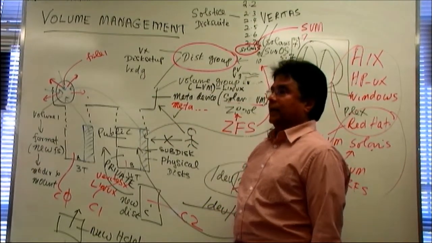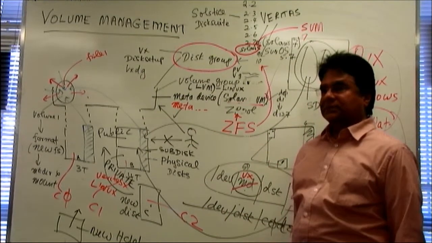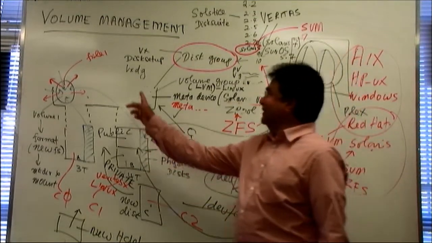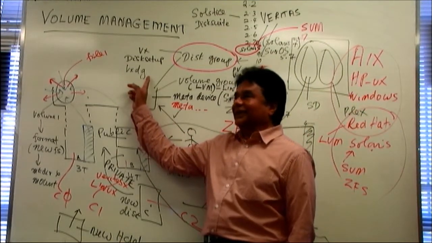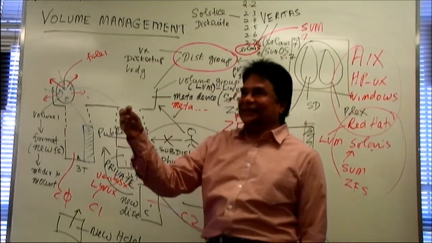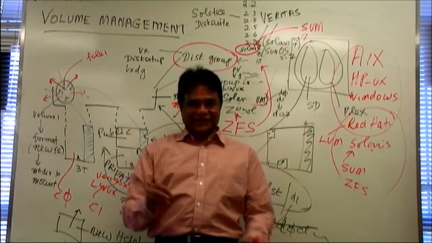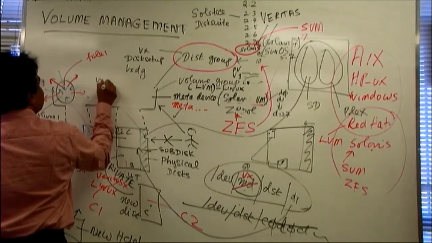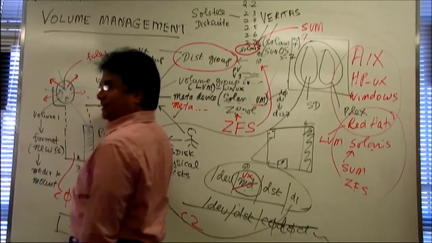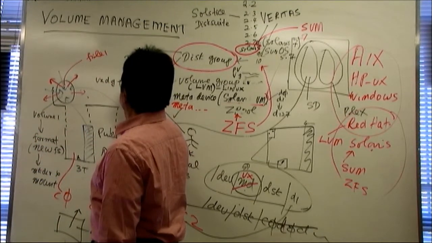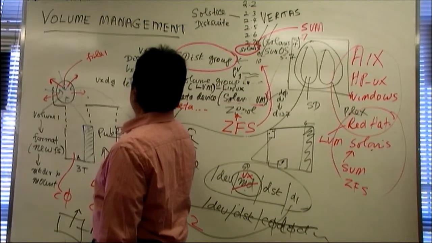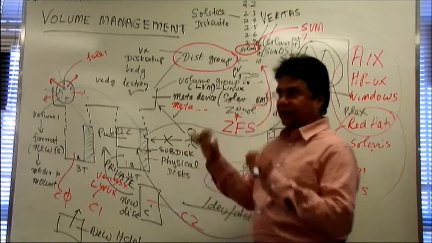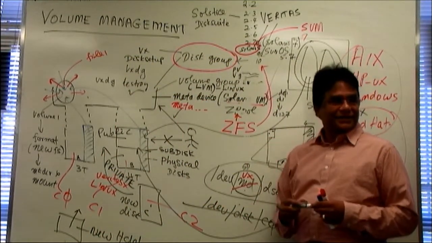If I want to destroy a disk group, what is the command? Vx destroy. No, don't do all this. What are you destroying? You are destroying a disk group, right? So Vx disk dg and del, destroy. And you have to put the disk group somewhere, okay? We will come to that. So you know how to destroy, right?